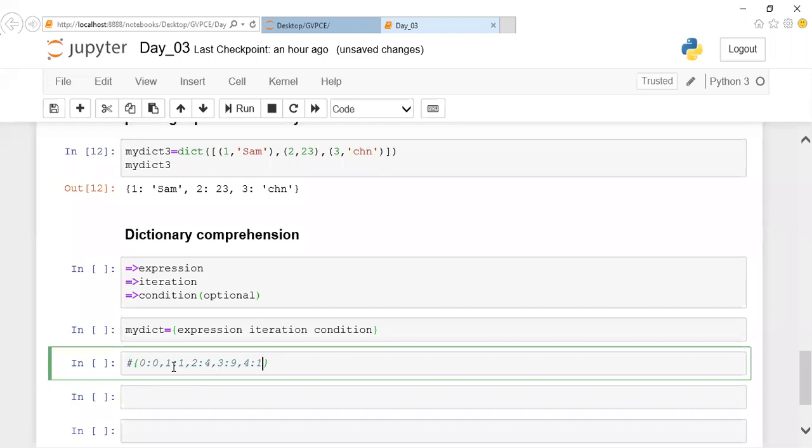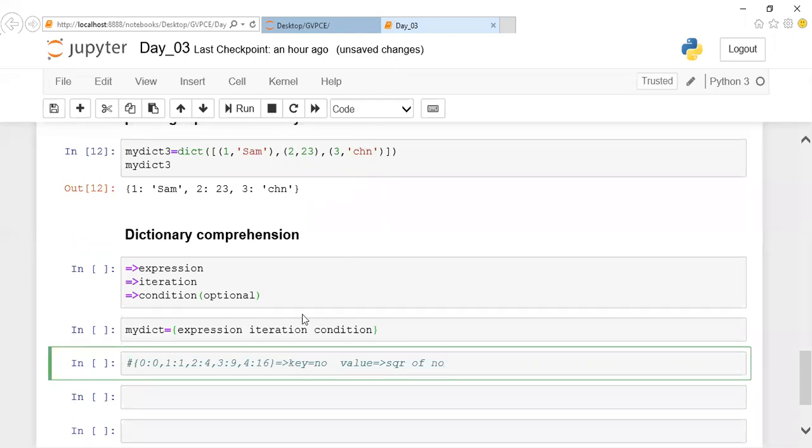Your key is a number and the value is the square of that number. I want to create a dictionary like this.